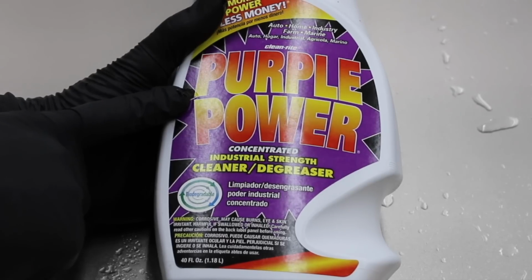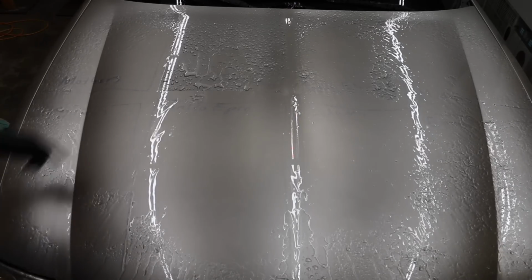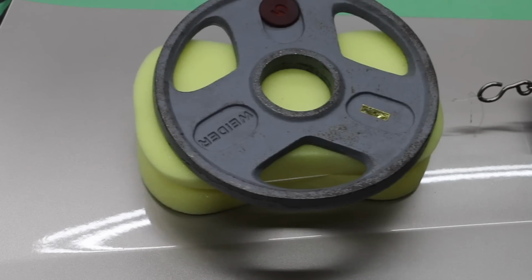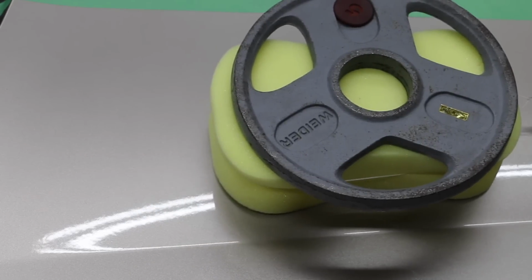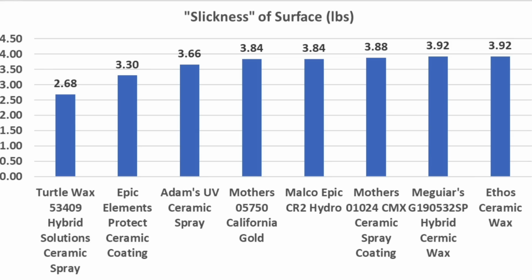To really challenge these coatings, I used a powerful industrial degreaser. And the Hybrid Solutions was the clear winner at this point in the test, with water still beading. After torture testing all the products, I once again tested the slickness of each area of the front hood. And the Hybrid Solutions once again came out on top, showing that you don't always have to pay a lot